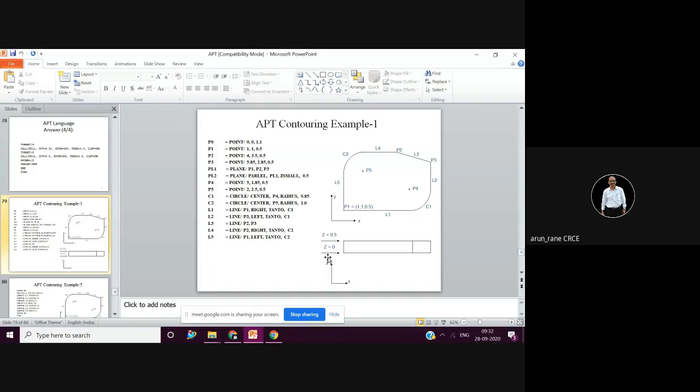So plane 2 is this, plane 1 is this at the top, and so on. That is P4, P5. Now look at the circle, that is C1. A circle with its center given by P4, and you have to make sure that P4 is already defined, and the radius is 0.85 inch. Similarly, C2 is a circle with center P5, and make sure that P5 is already defined here, and then the radius is 1 inch,